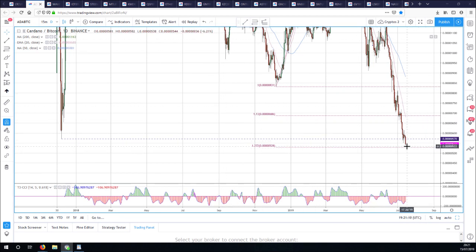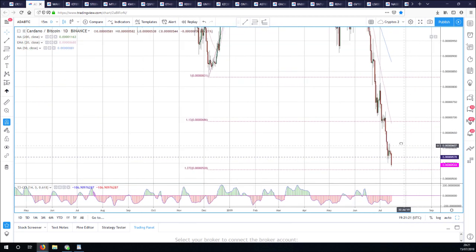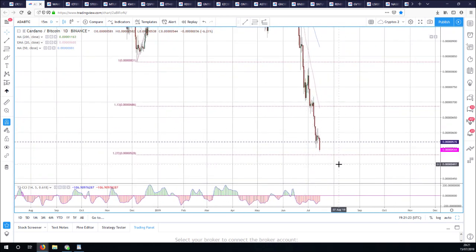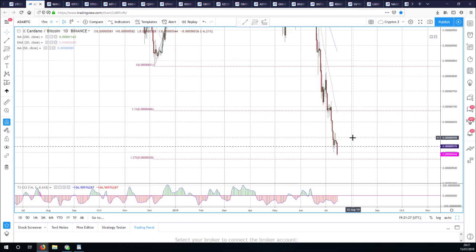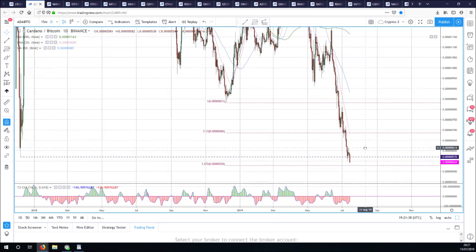Okay, so I see ADA continuing lower against Bitcoin to 528. That's where my next fib support is. And see how we're underneath these previous lows from December 2017? I don't like that at all. I think that could be resistance. I would only get bullish again if we got back above that level and held above it, 570. So I think there's a good chance that we can bounce in ADA dollar then, but ADA Bitcoin's not quite ready yet.